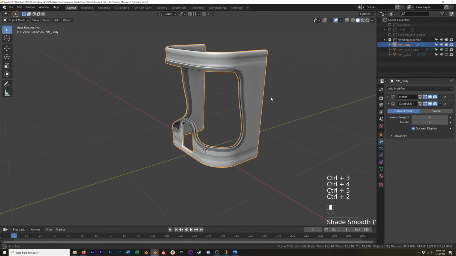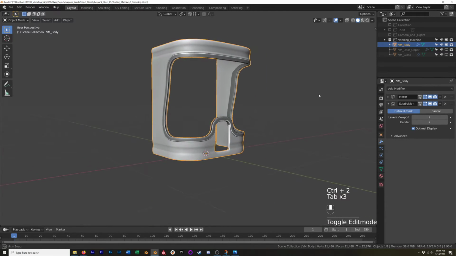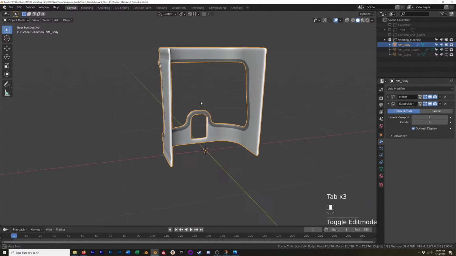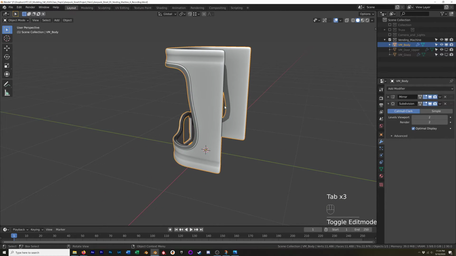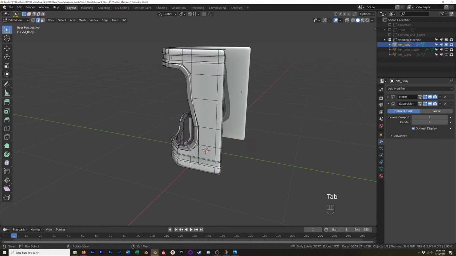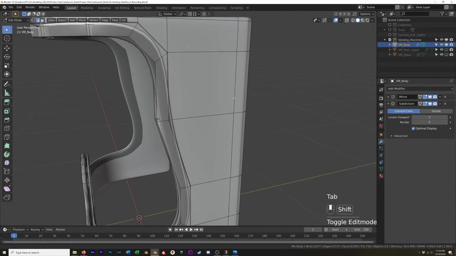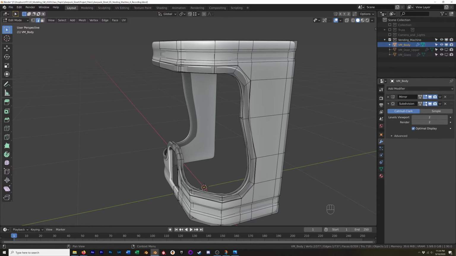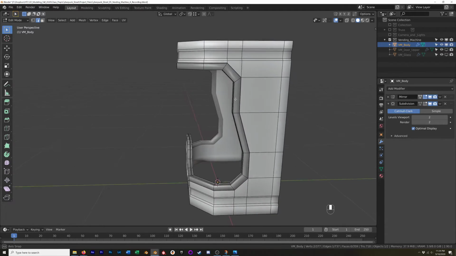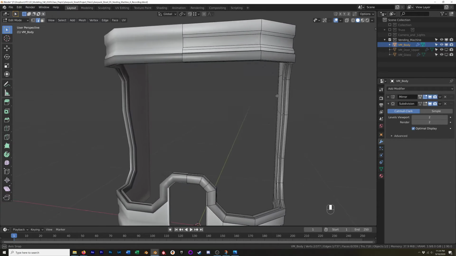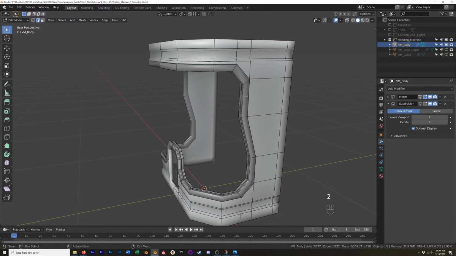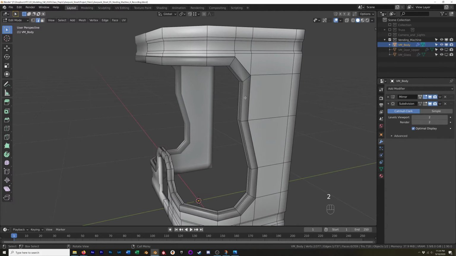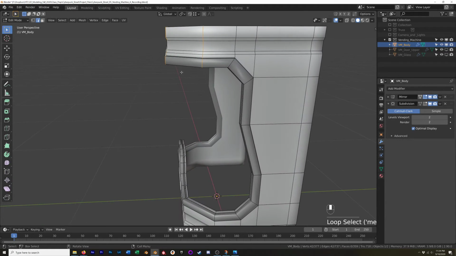I'll right-click and shade smooth. Now it really looks like a helmet, but we don't want a helmet. It's not what we're going for. So tab into edit mode, and I'm going to turn off subdivision in edit mode, because for me it gets in the way more than it helps. And what we need to do is select all of the edges that need to be sharp. So anywhere there's a corner we want to maintain,